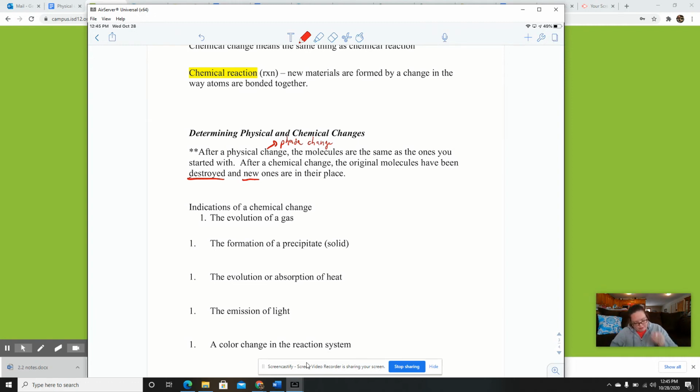One thing that I like to do is give you a little drawing here. This is a physical change. I went through a phase change. I went from a solid to a gas, okay? But on the other hand,